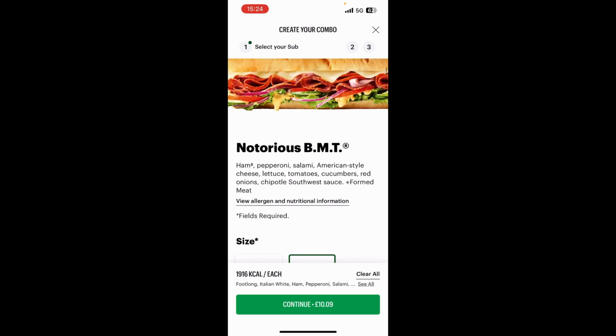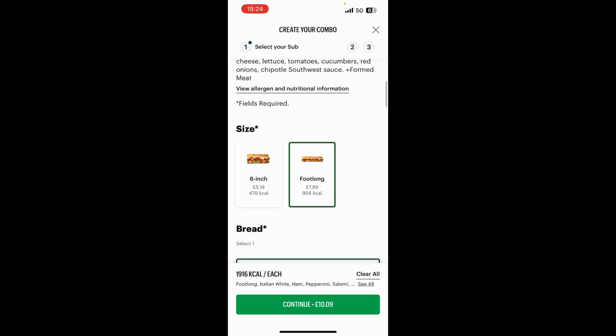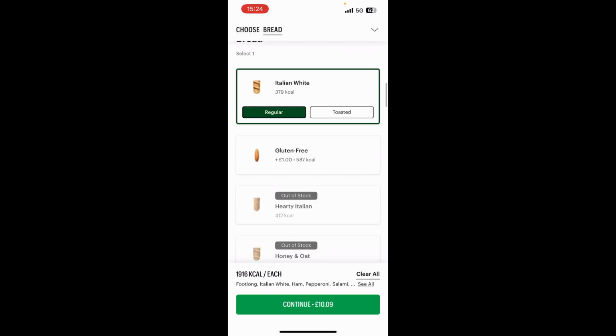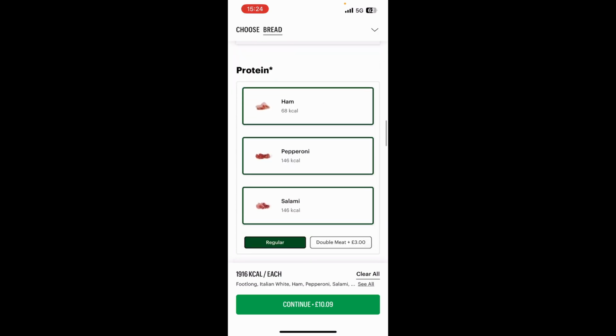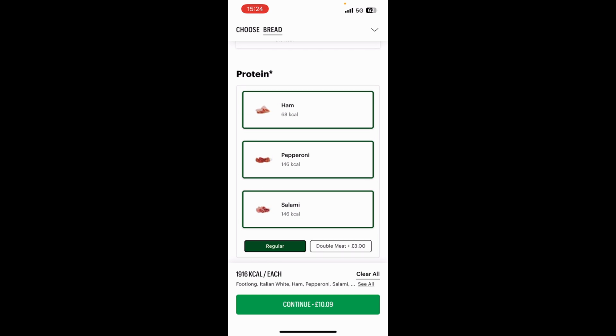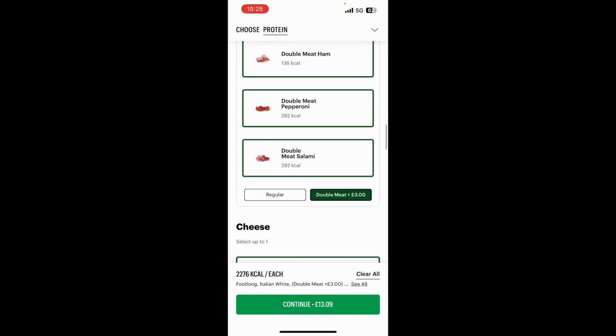So here is where we customize the sandwich. We can pick the size, the type of bread, pick whether it's toasted or regular, pick the protein. The customization options depend on which sub that you choose. Some will have different options than other ones. So here the regular double meal,